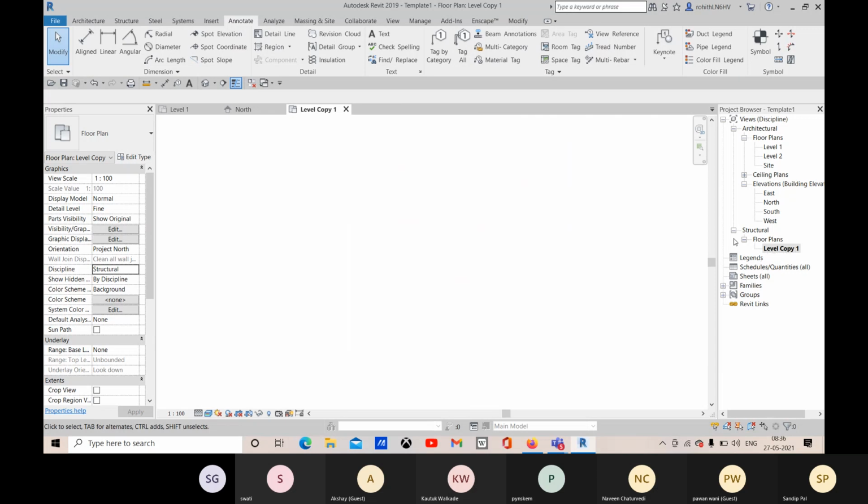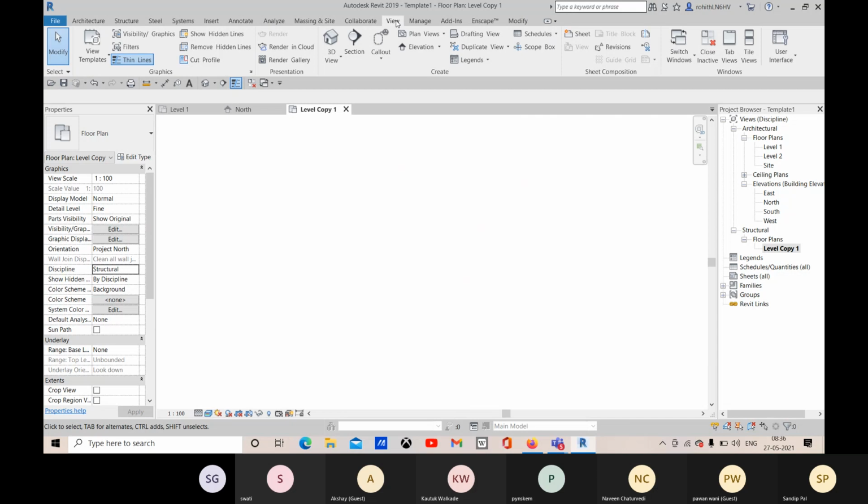For this level copy one, I need to add all the elevations, or the elevation cameras you need to add. So probably you can add from the view tab, and this is the elevation.